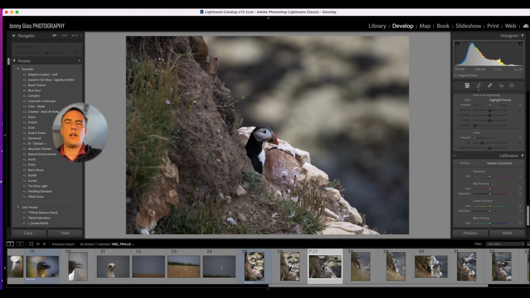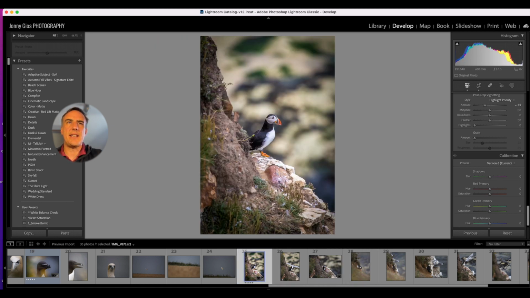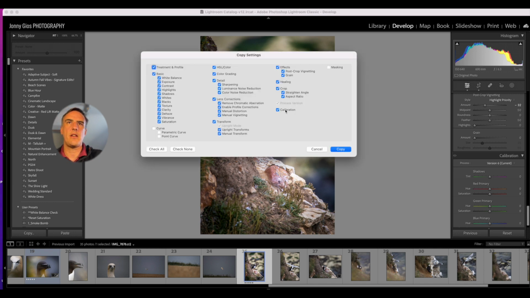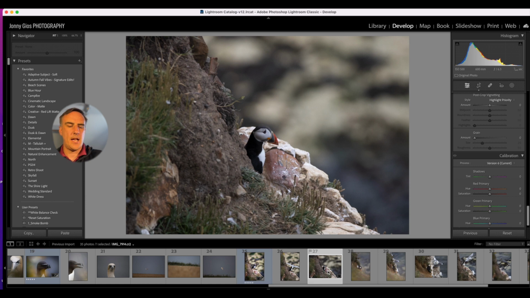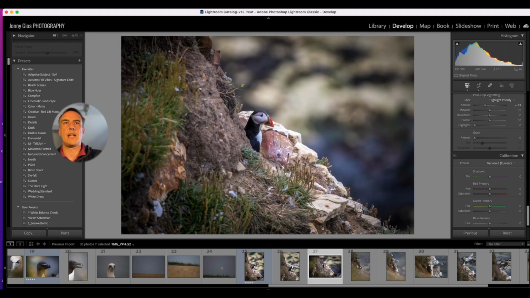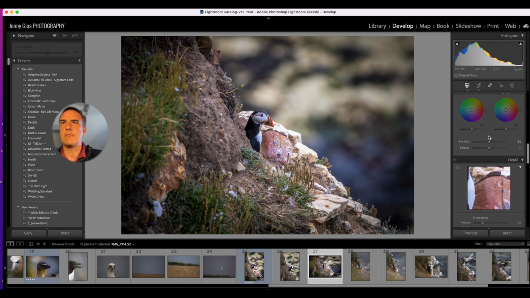And if you like this previous edit, and you say, oh yeah, I like the colours and the temperature, you can just do Command and C on a Mac. That will copy all the settings from that picture, and you Command and V on a Mac, and it'll basically paste all your settings, including the crop, including the masking if you tick that masking box. So that's what I've done there. It's Control and C and Control and V on a PC,